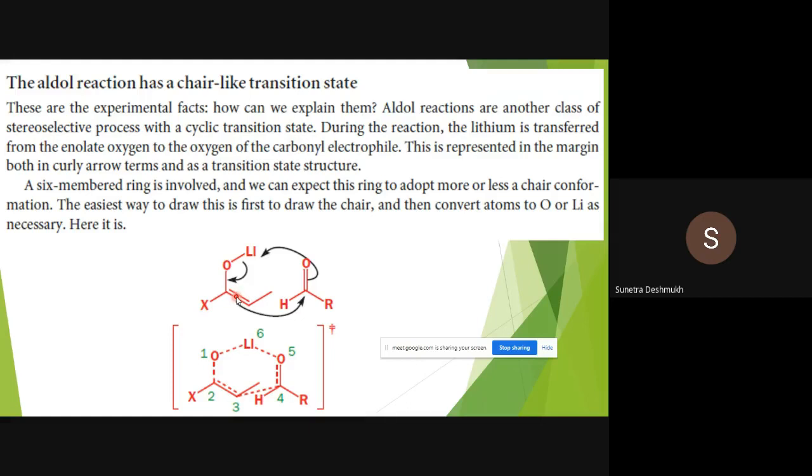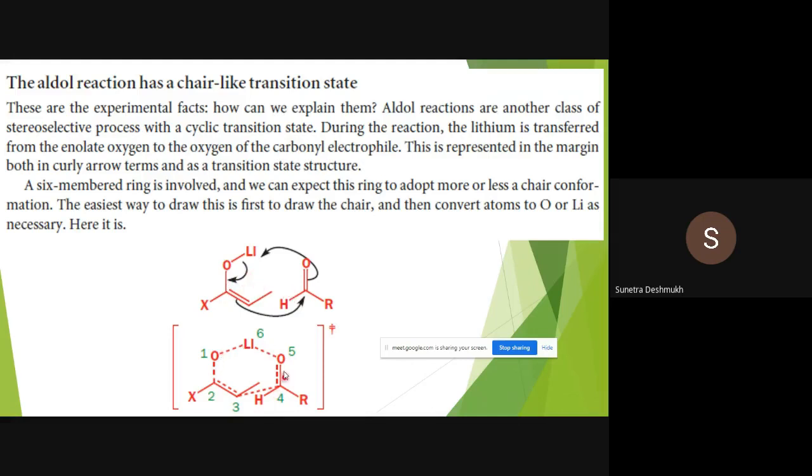That means normally we react 2 moles of aldehyde with each other. So 1 mole of aldehyde is giving the enolate, and this enolate is reacted with the second molecule of aldehyde. And whether the enolate that is forming is E or Z, that controls the stereochemistry. So when this enolate reacts with the aldehyde, the way of reaction of this enolate and aldehyde matters a lot. And whenever breaking and making of bonds occurs in these two species, there is a formation